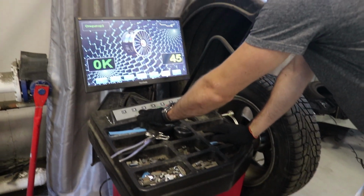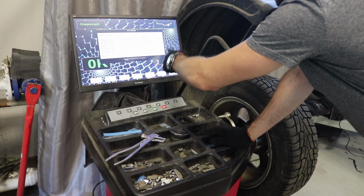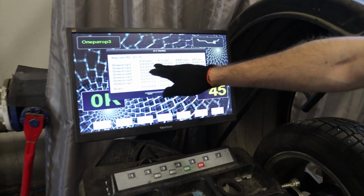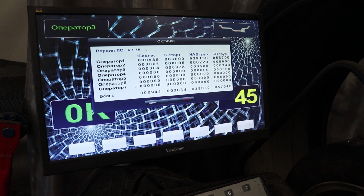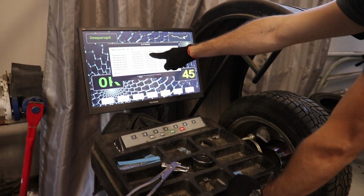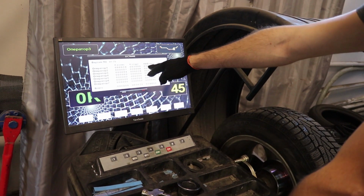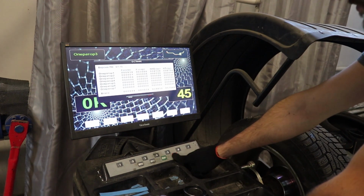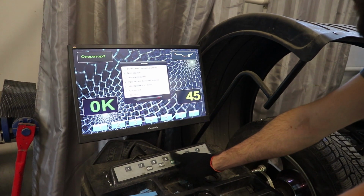Of course, you can see here the 6 button in the main menu, where you can see all statistics about your operators and how they use it. You can check your employees, how they work, because you can see the quantity of starts, how many wheels were really balanced, and how much was spent by each operator, bit weights or stick weights. Of course, you can choose the operator. For example, operator 3, change here